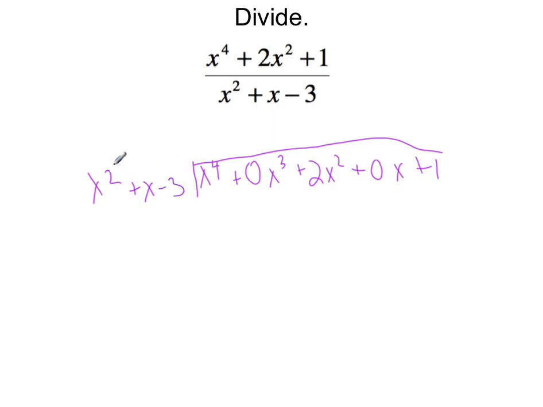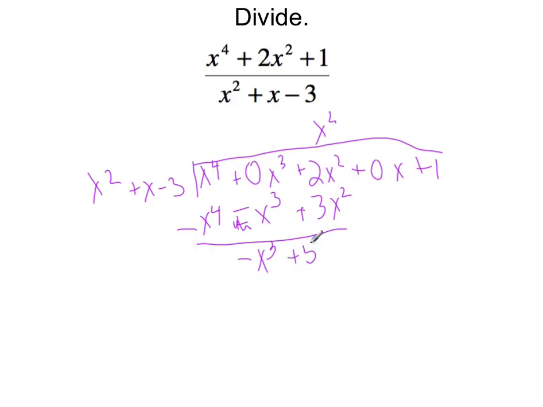So again, I'm going to say, how many times does x squared go into x to the fourth? My answer is x squared. That goes up on top, x squared. Multiply that by x squared plus x minus 3. So I get x to the fourth plus x to the third, lining up my like terms, minus 3x squared. Now I'm going to change the signs and add, because that's the same as subtracting. And that gives me minus x to the third